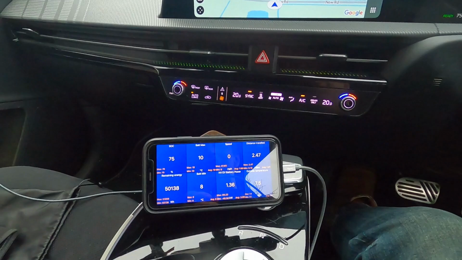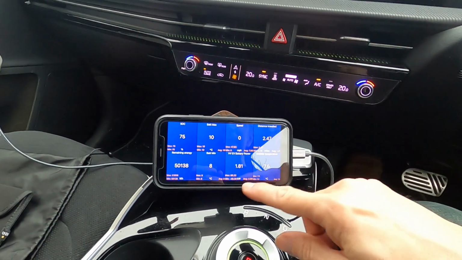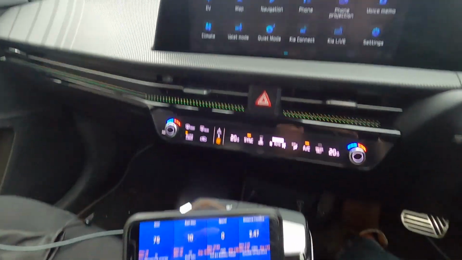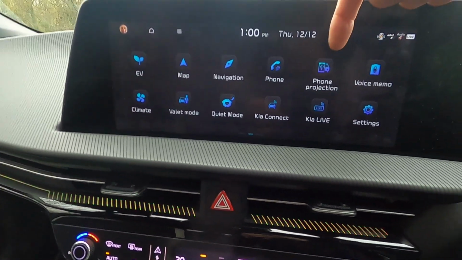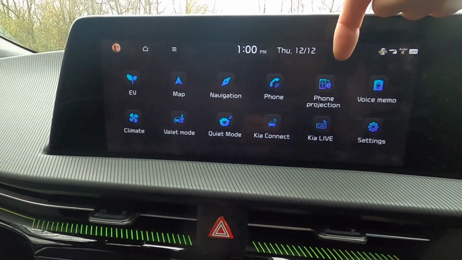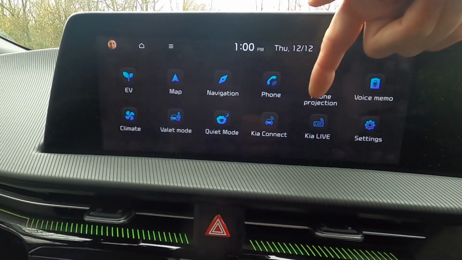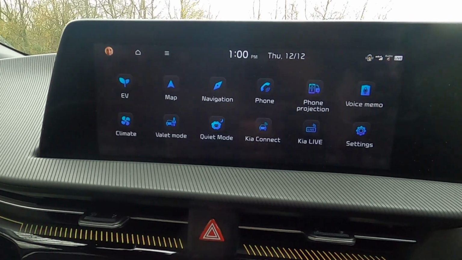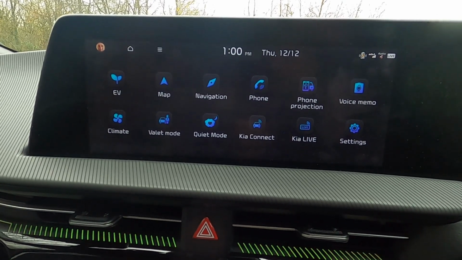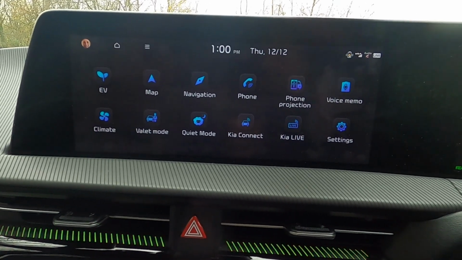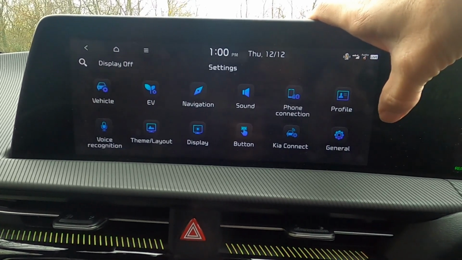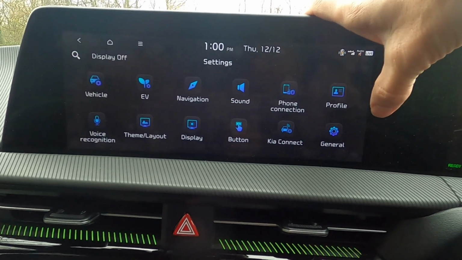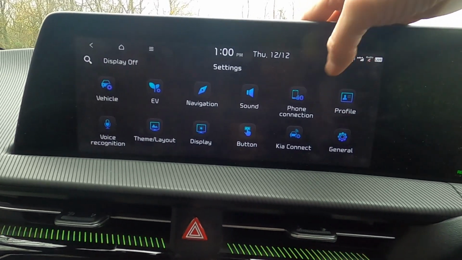So I have my phone down here and it's showing car scanner at the moment. I'm going to unplug my phone, and you'll see my phone projection here just says phone projection, doesn't have Apple CarPlay or Android Auto written there, which is what it will show if you have a phone connected. And from this home screen, I can go to settings, and I can go to the phone connection settings,